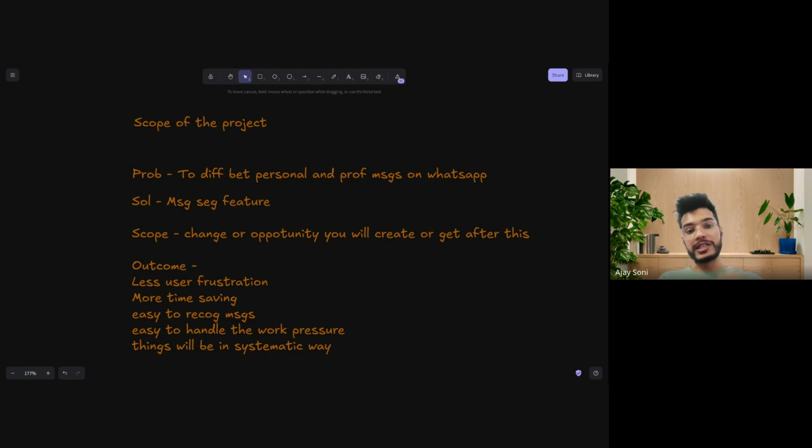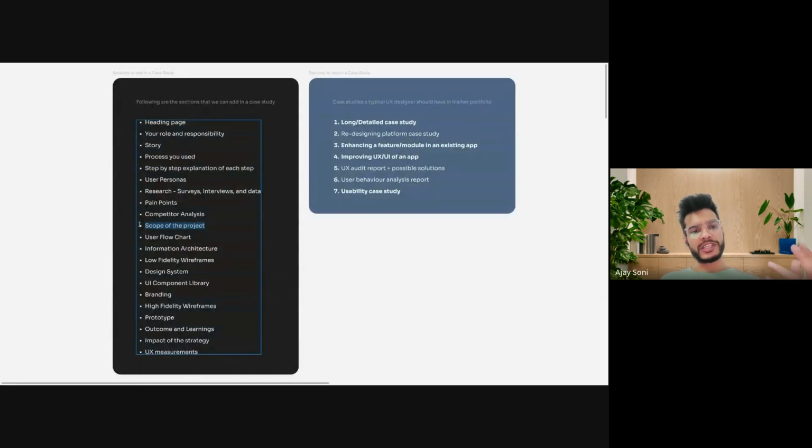Similarly, if you are able to define the scope according to the case study you have selected, you should add this particular column in your case study, so that the reader of your case study knows this is the opportunity, the changes or the outcomes that you will be able to make if we implement the solution that you are providing, right? So the scope of the project is one of the required sections that we can add in our case study, right?